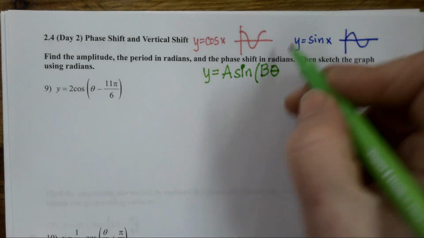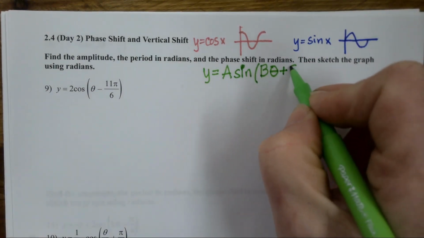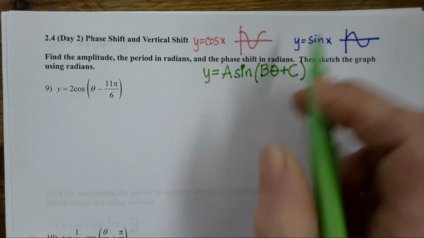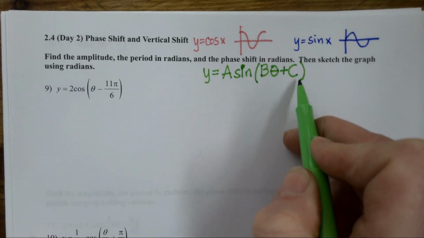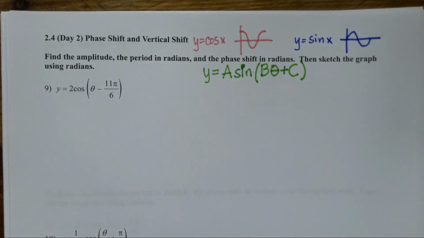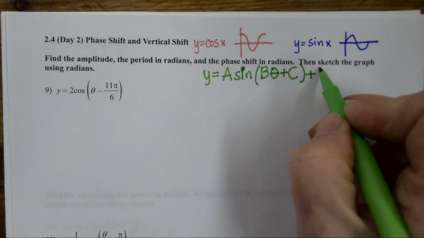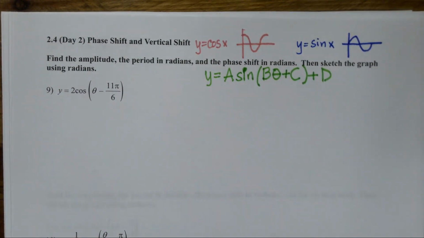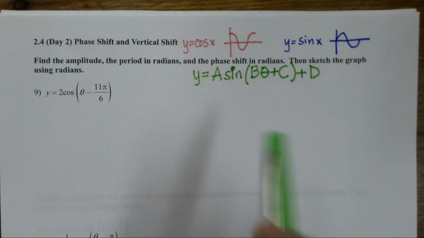But then, if I add something to that angle, that's going to shift my graph left or right. And if I add something to the end, it's going to shift my graph up or down. And so